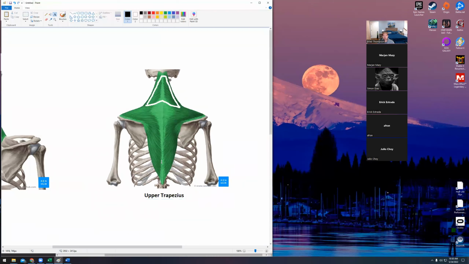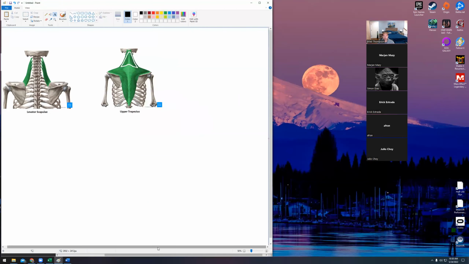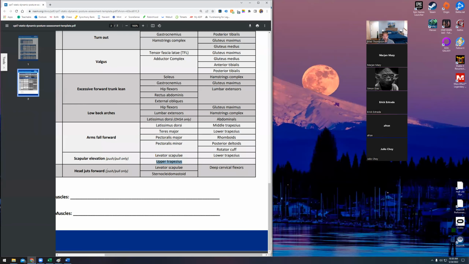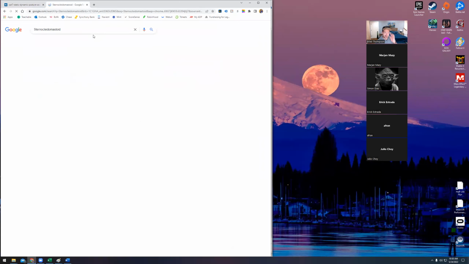And then for the forward head posture, we see the levator scapula show up again. So as this comes up like this, which is what the levator scapula does, the head naturally comes forward. And that's why we see too much of that there. And then lastly, on our overactive list, we see the